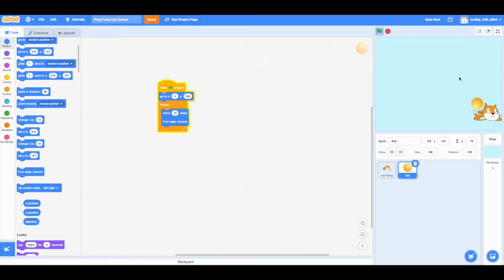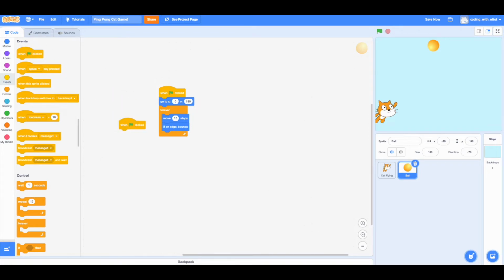Could the cat catch it? Nope, it goes right through the cat. Well, then now we have to write the code with which the cat can bounce away the ball. Let's try doing that with a when start flag clicked and a forever loop. What could we put inside the forever loop? We could put the